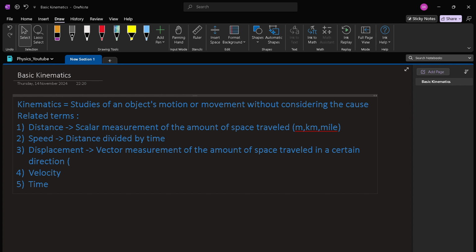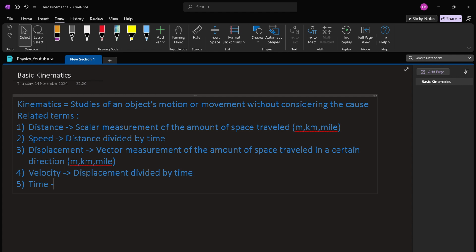The units for displacement are also meters, kilometers, or miles, etc. And related to that, velocity is a vector measurement that we can obtain by calculating the displacement divided by time,